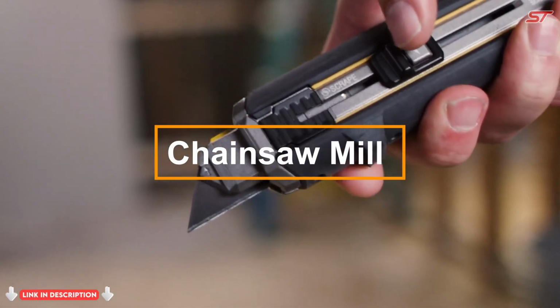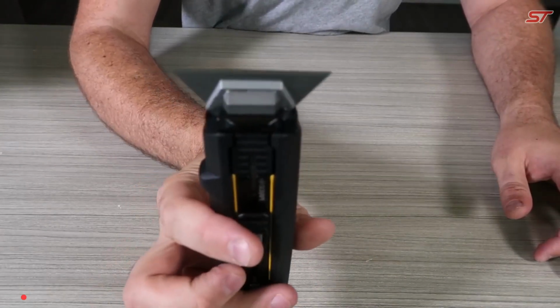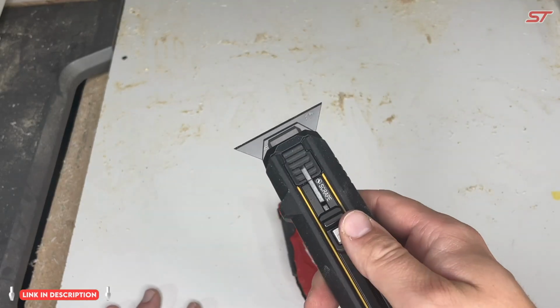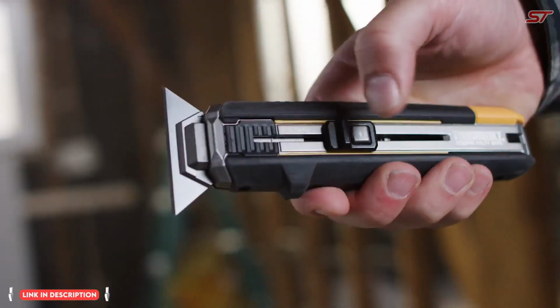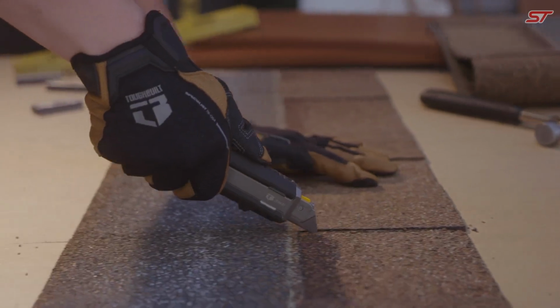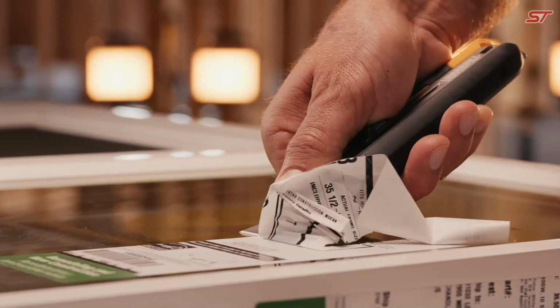ToughBuilt Professional Household Scraper Knife is a versatile tool that seamlessly transitions from a fixed knife to a scraper with just a thumb press. It includes 5 universal blades, which are easily replaced at the push of a button and are compatible with most standard utility knives. The durable, non-slip rubber handle provides lasting comfort and a secure grip, with a finger guard for added safety during